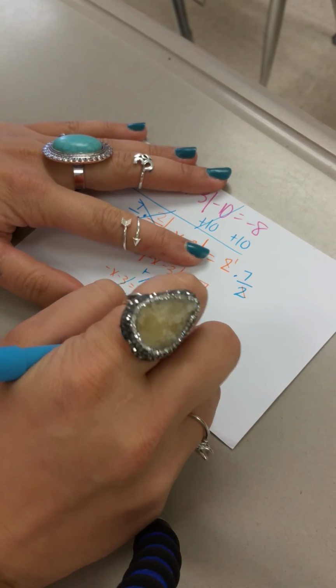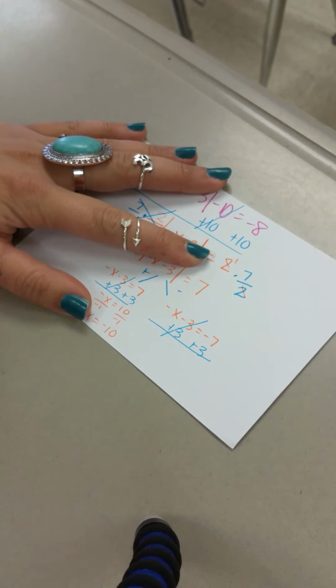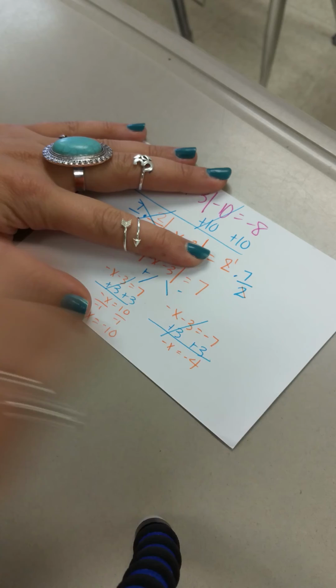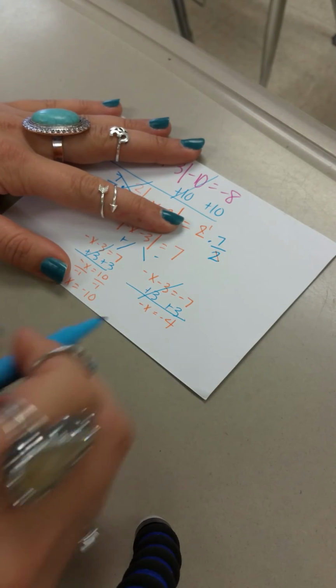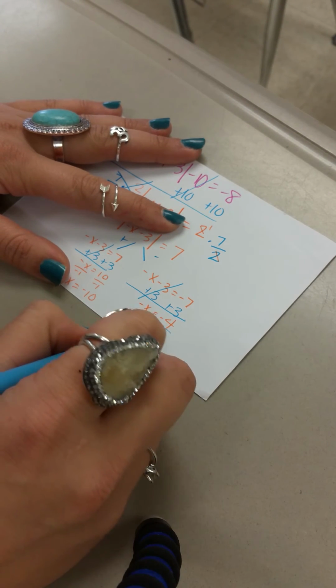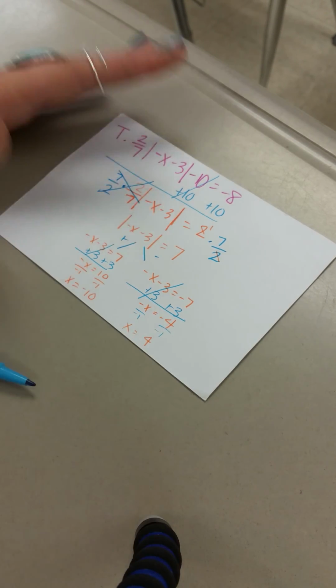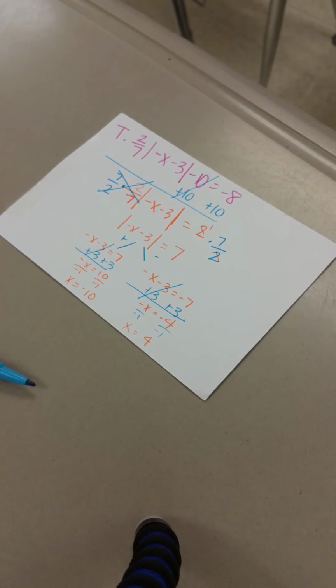Over here, we're going to add 3 to both sides. And we get -x equals -4. Then we're going to divide by -1. And x equals 4. So now we're going to go to 4 on our number line and we're going to fill that in with t. I'm going to post the cipher as well so that you have all of your numbers that you need,